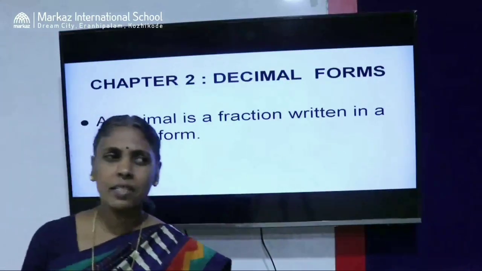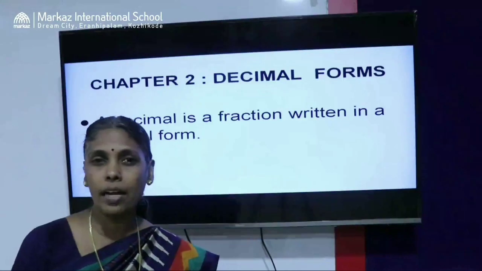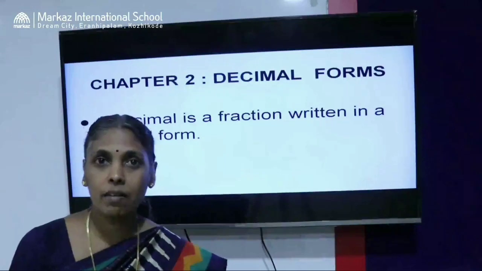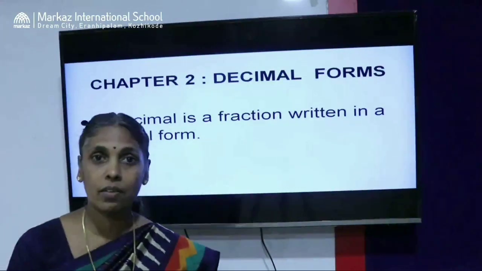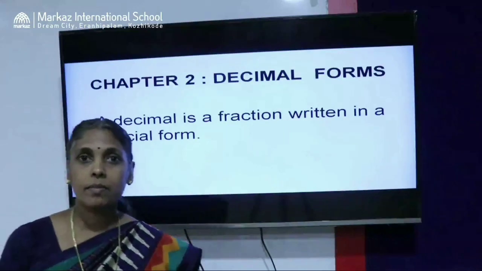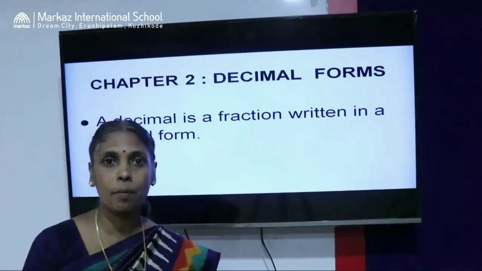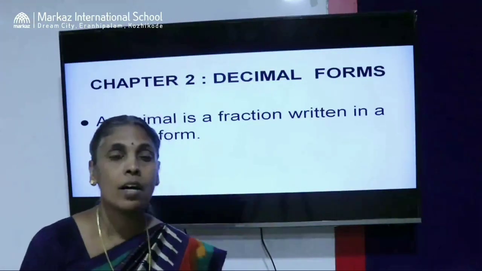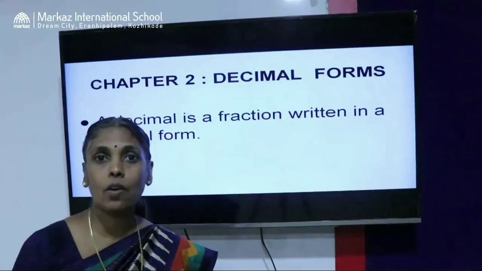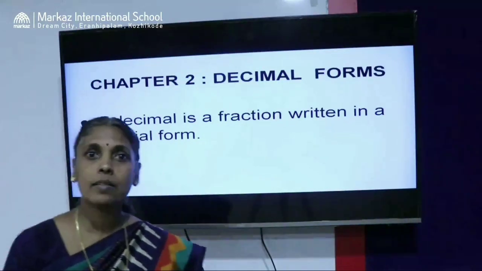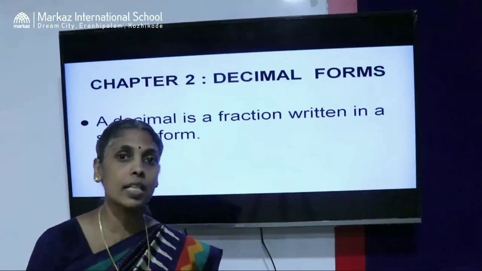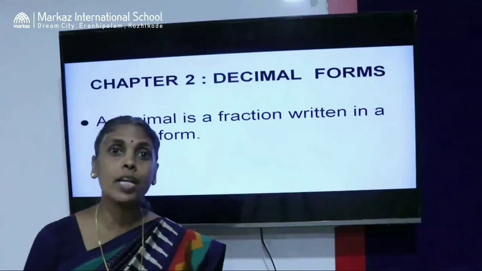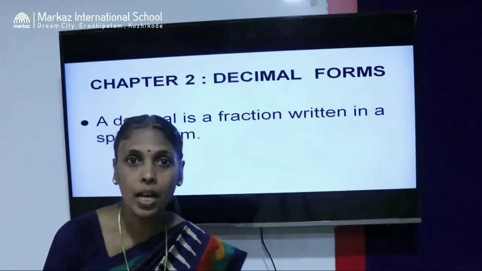So decimals, you can see, are widely used in many areas. For example, when you are measuring temperature using a thermometer, the result may not be a whole number, it may be in decimals. So you can say that decimals exist. Another example, in all the sports events, the distance may not be a whole number. So you can say decimals exist there also. You can find more examples where decimals exist.